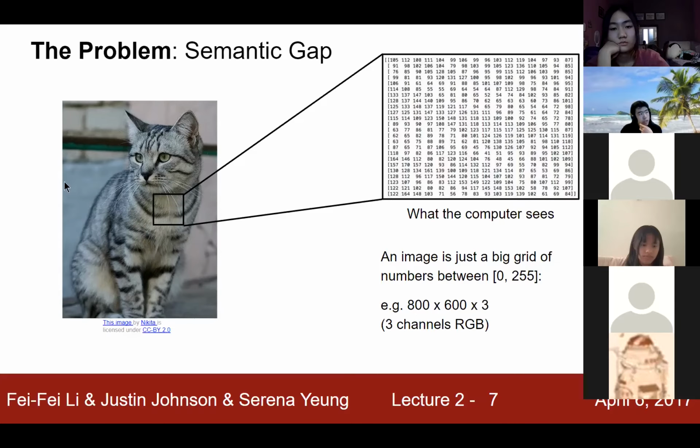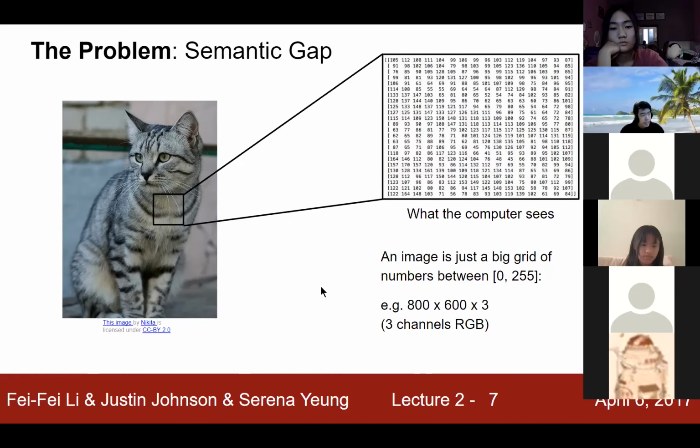So if your image is 800 pixels long by 600 pixels wide, then you might have an 800 by 600 by 3 grid of numbers. And from these numbers, you have to somehow take all of these arbitrary digits and turn them into a label